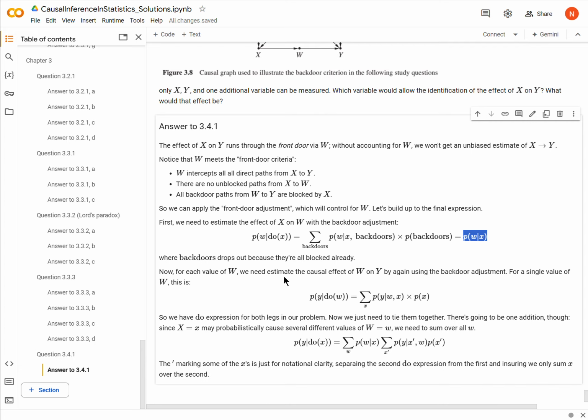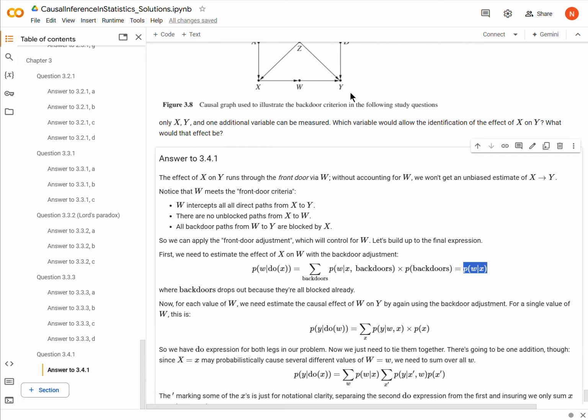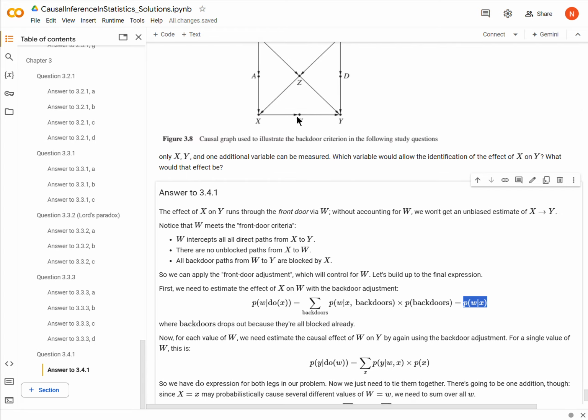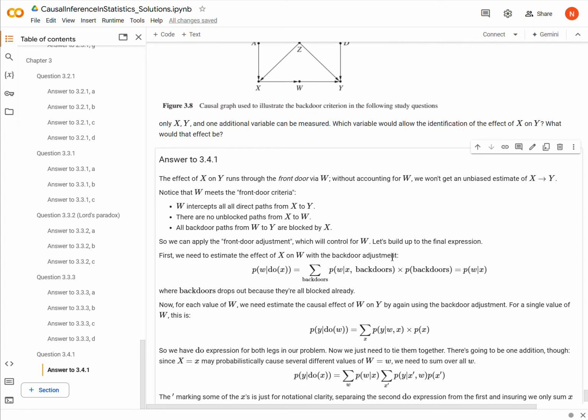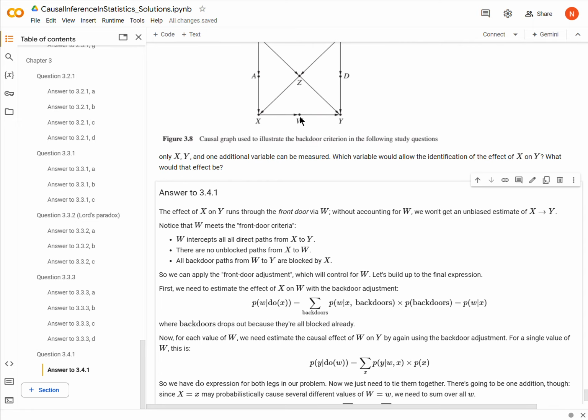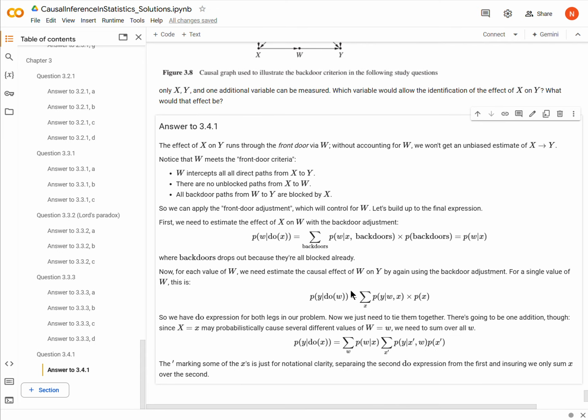Now we want to estimate the effect of w on y. This again is the backdoor adjustment. We apply it here, and now there's a backdoor from w to x, and so we get this expression for the probability of y do w. Now we just need to string these together. We have an expression for this leg and for this leg, so we just put this one in front of this one,